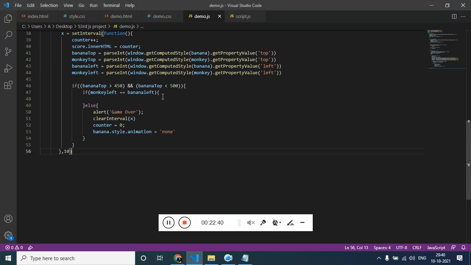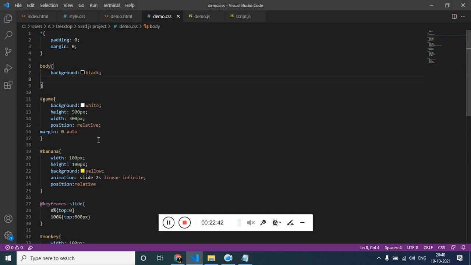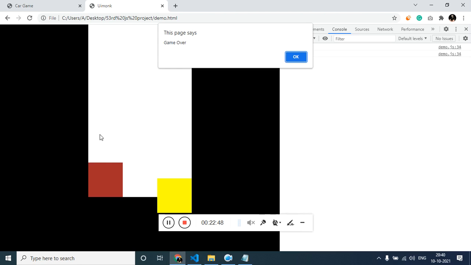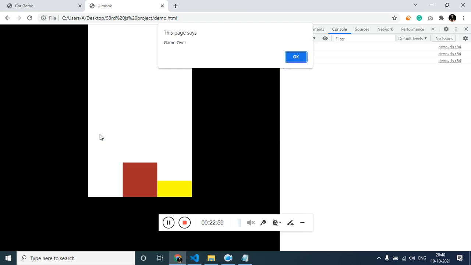Let's try to leave the other thing, let's leave this, and it's working. Now let's make this overflow hidden for the game. Cool, catch it, catch this, catch this, catch this, and leave this, and that's working.